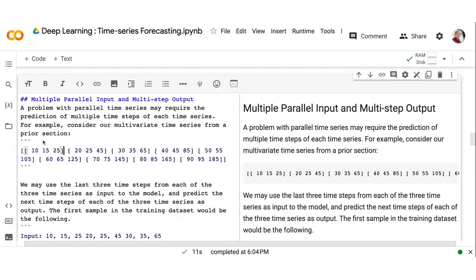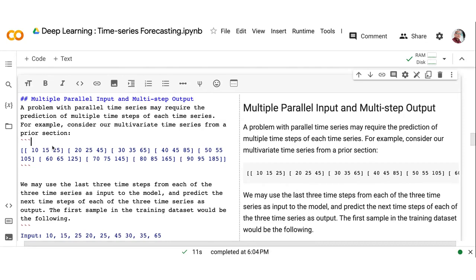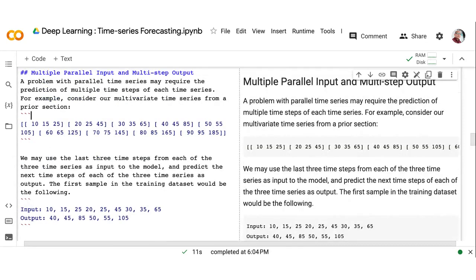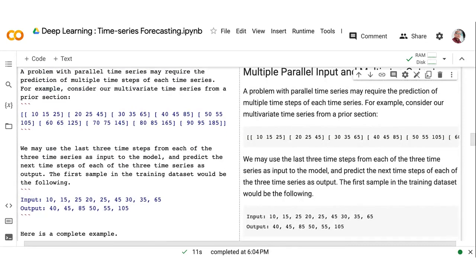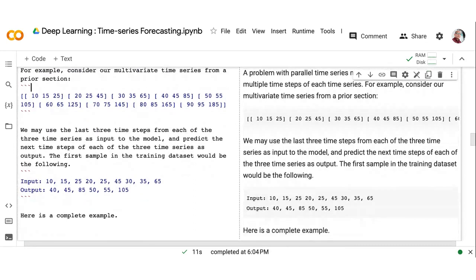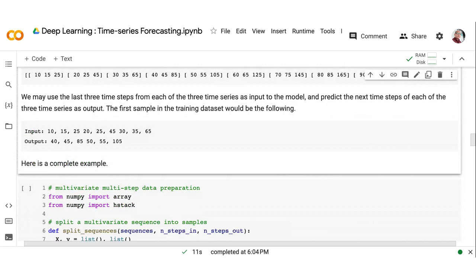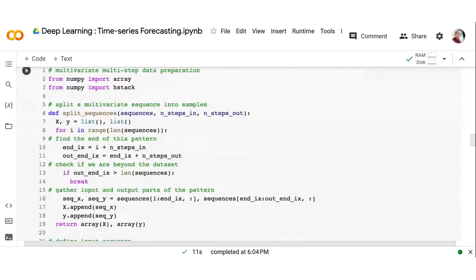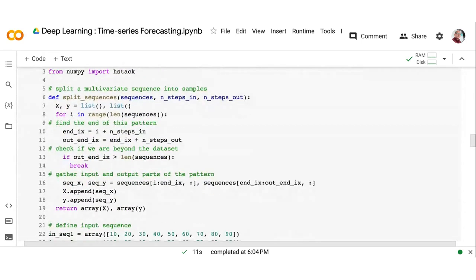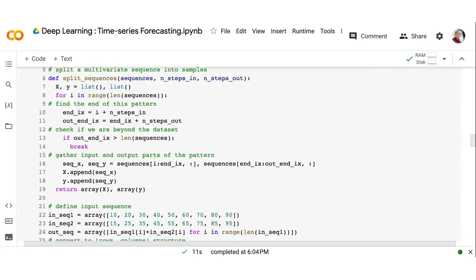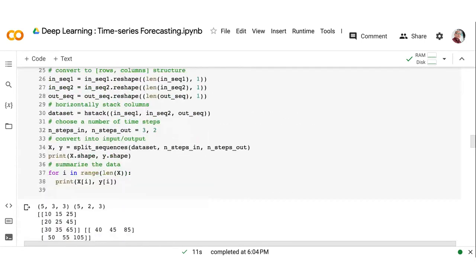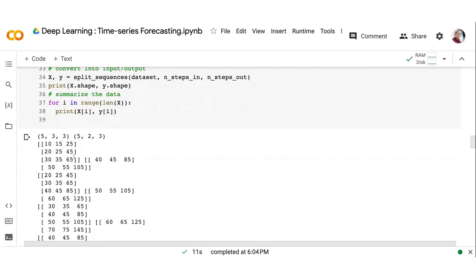So actually pwede kong ayusin to. Hindi na siya naayos. So anyway, halimbawa ganyan yung ating arrangement, no? So an example of that is the following, no? So our goal here, as you can see, our goal is to get